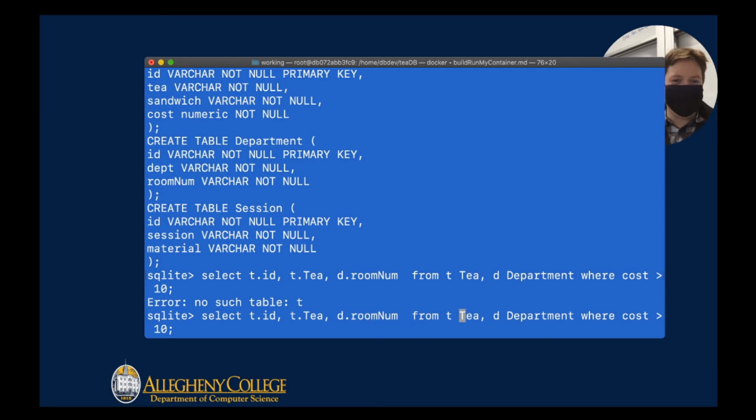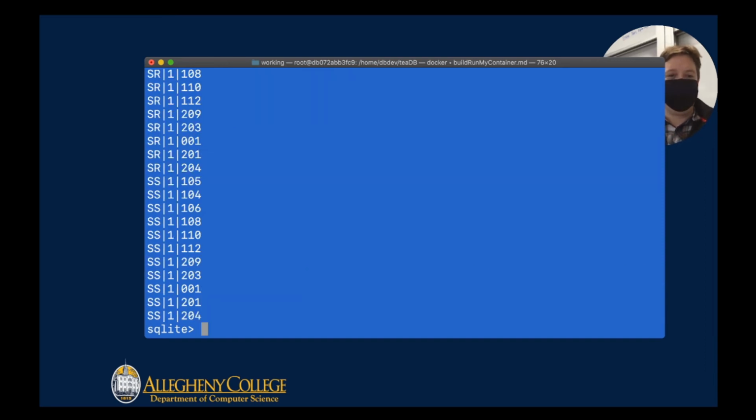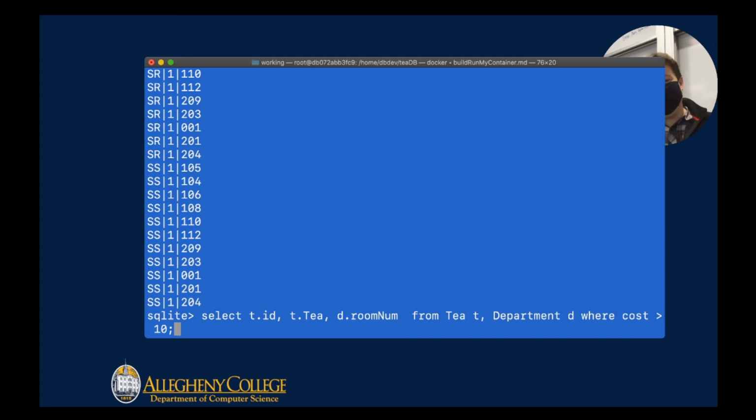You know what? Maybe I put the T afterwards. Maybe I have to put the T afterwards. Sorry. There we go. The letter T has to go after, or the D has to go after the department. Sorry, I goofed. Now, if I just type in this information like this, and hopefully I can get this all on one screen here,